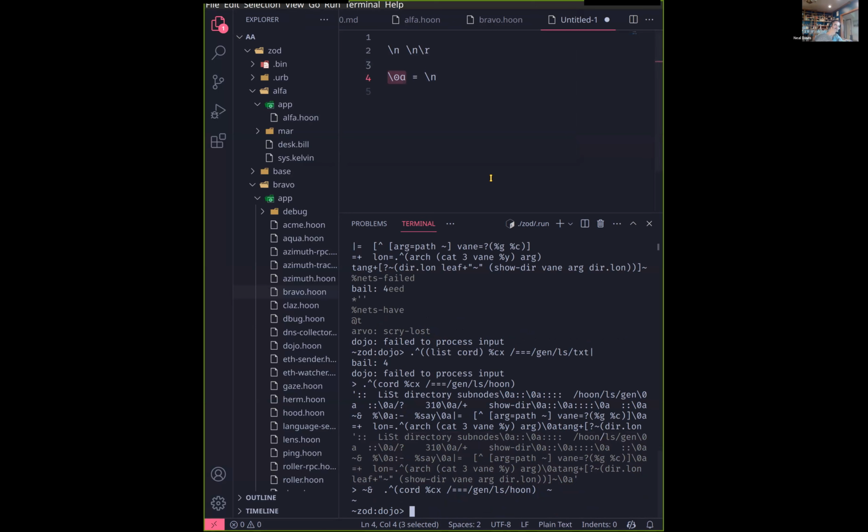We'd have to turn it into a tape and then do it through the formatted text stuff that's not in Hoon School. I think I moved that to the end of App School, so I think we will take a look at that towards the end of App School. All right. Anyway,